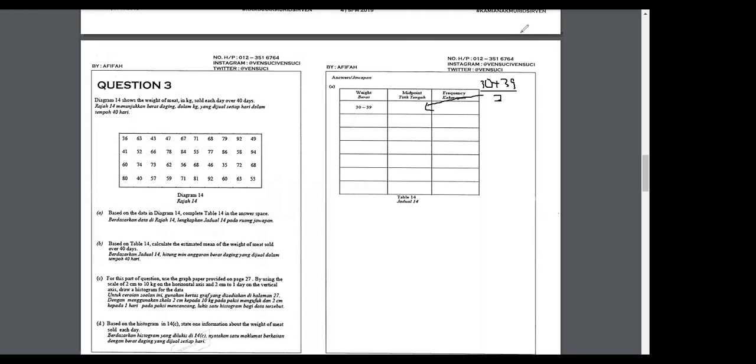So you see, we usually don't use 30 to 39. Use 29 plus 30, so you get the lower boundary. For the upper boundary it is the same, just what I mentioned: 39 plus 40, the end of the class plus the start of the next class, divided by 2. So you get 39.5. After you get 29.5 and 39.5, you add together, then divide by 2, so you get the midpoint of